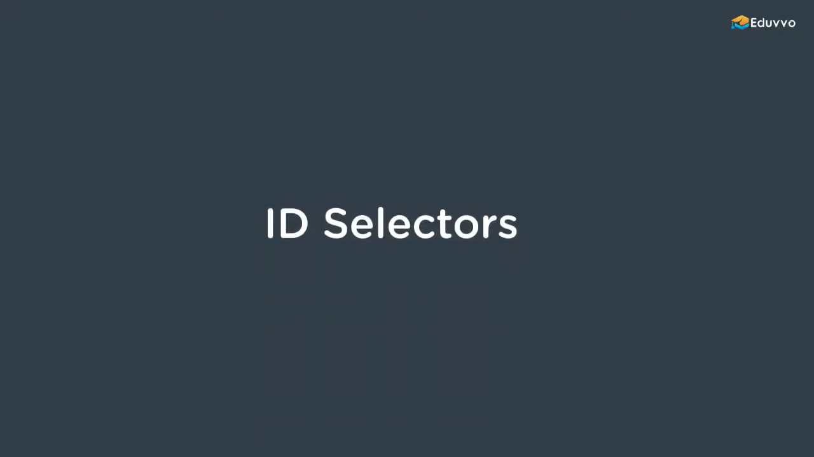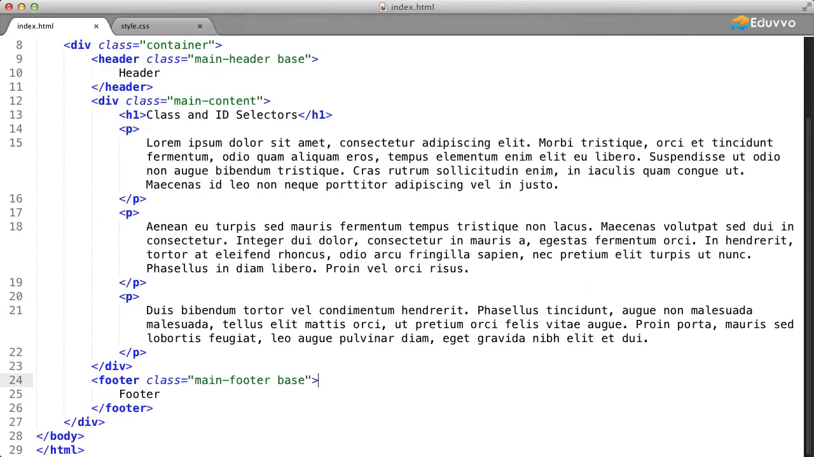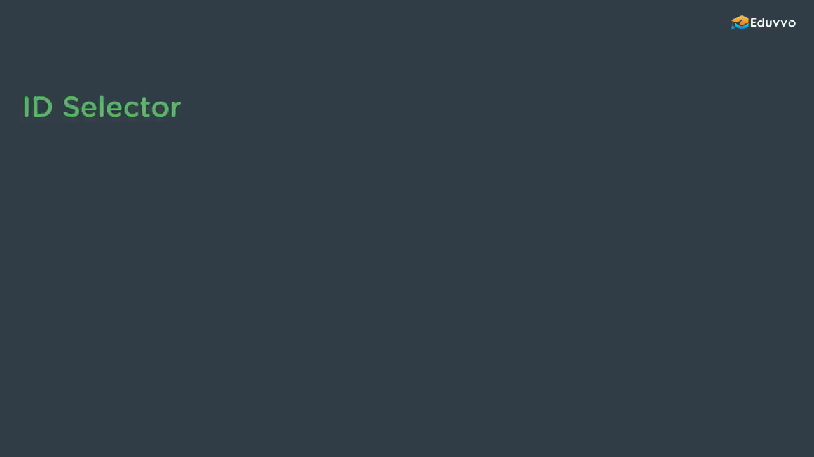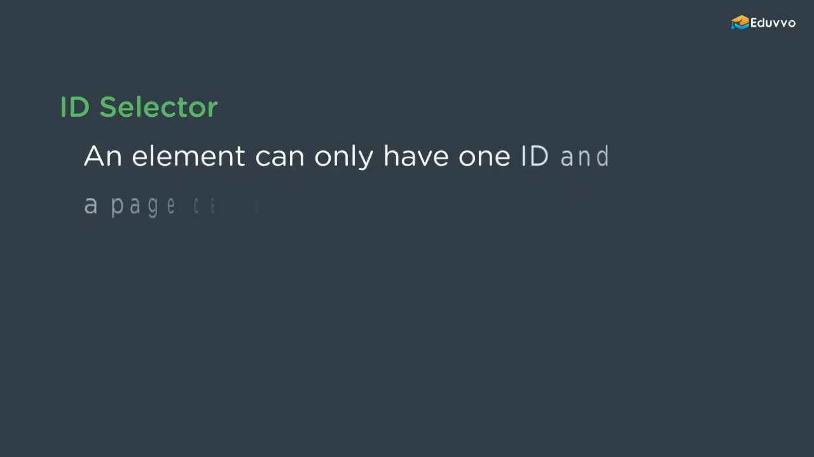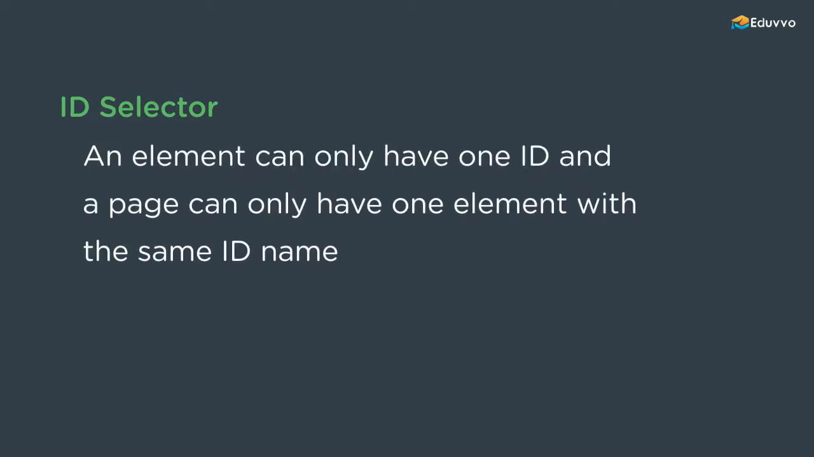So next, let's talk about ID selectors. An ID selector targets an element based on its ID attribute. What makes IDs different from classes is that IDs are unique to the page. So an element can only have one ID, and a page can only have one element with the same ID